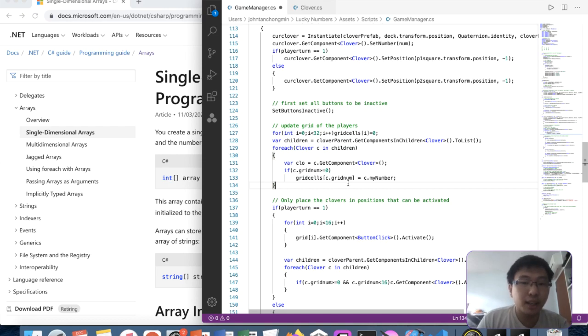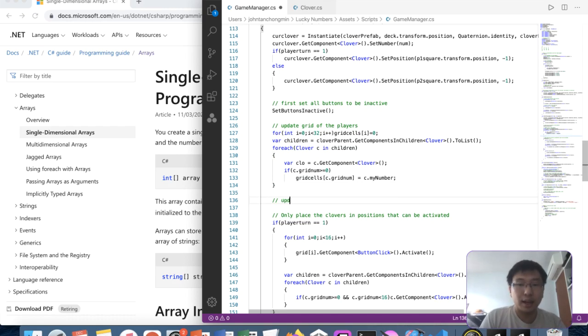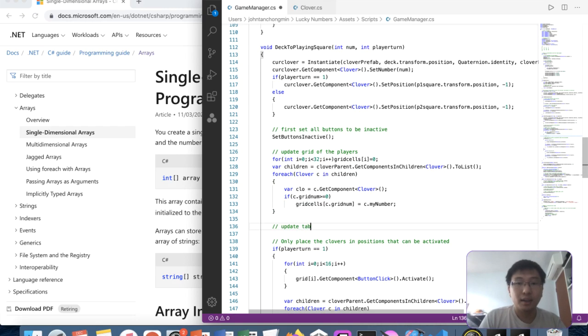Basically if there's something there, it will be updated to the clover value. If not, it will be given a 0 value. Okay, so that's updating the grid. We also can update the table. Why we need to update the table? Because